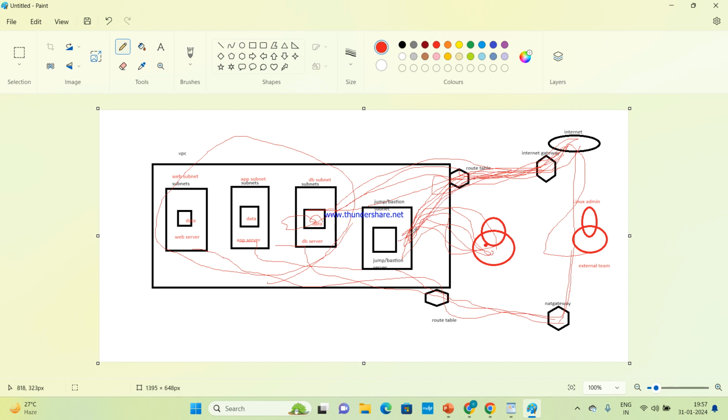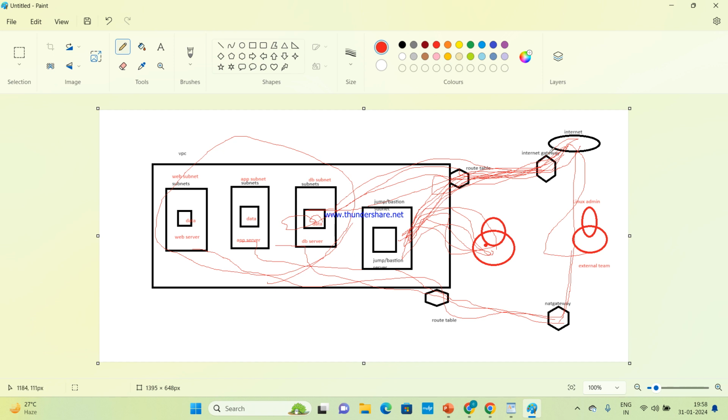Clear? Okay. Now, what is a public subnet and a private subnet? A public subnet is one which has internet, and one which does not have internet is a private subnet. Clear?